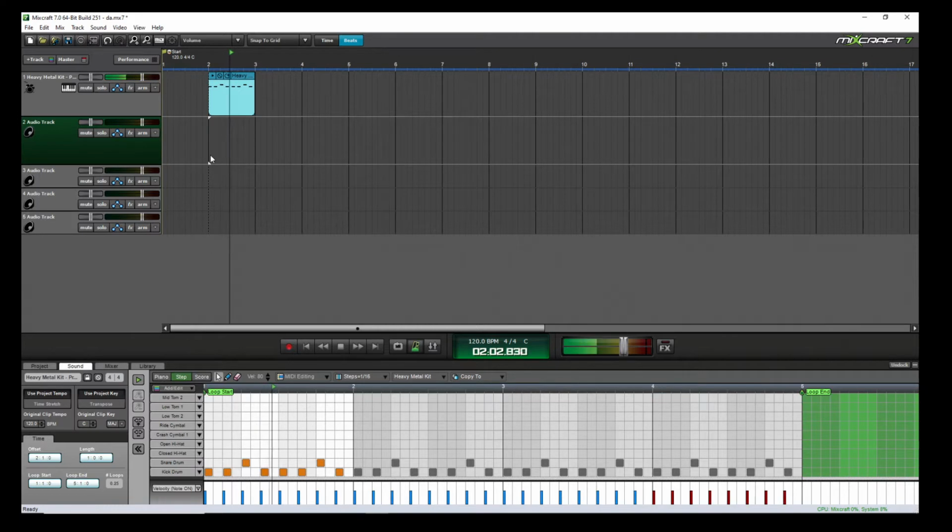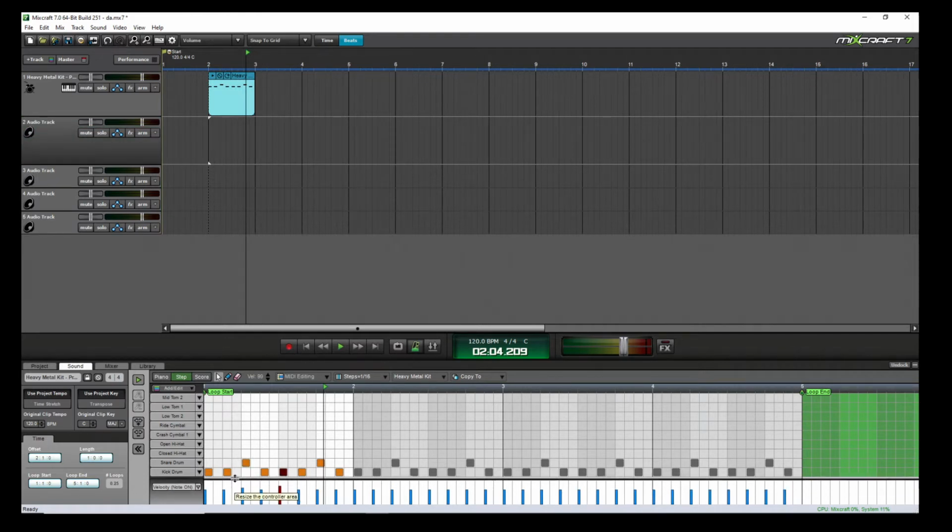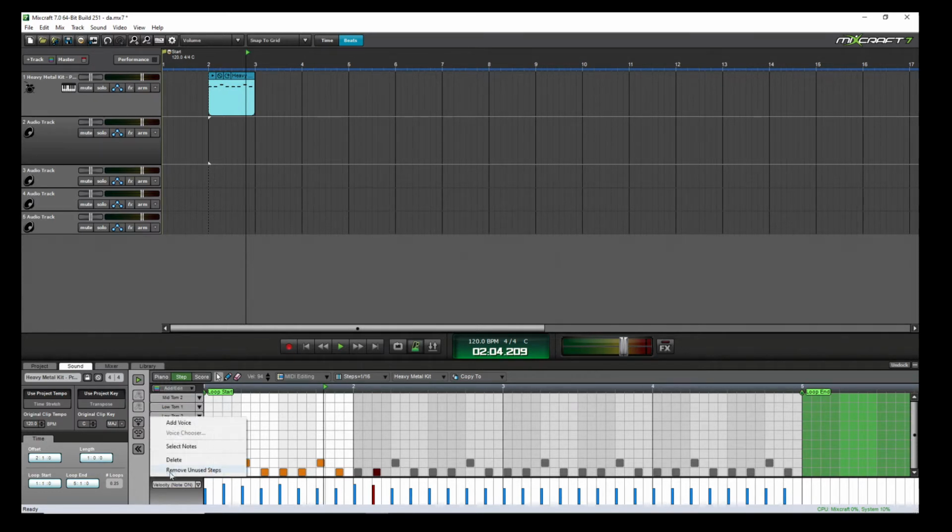Now, because these won't sound that natural, what MIXCRAFT does, as well as other DAWs, it allows you to modify the velocities, modify the length of the notes. So for that we can use either these, or we can actually right click on the part of the instrument, let's say the kick drum, and select the notes. Notes are selected, then right click on the notes